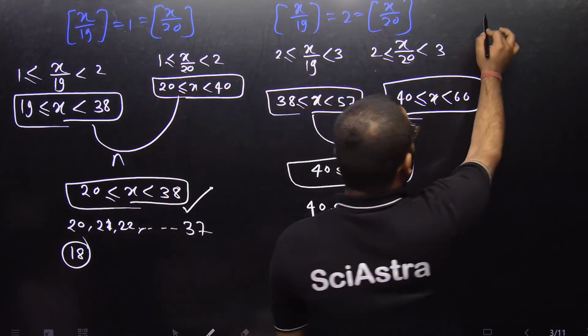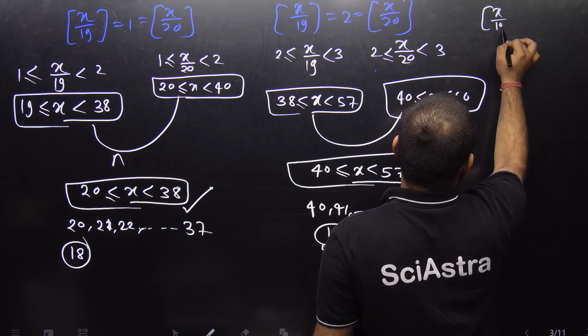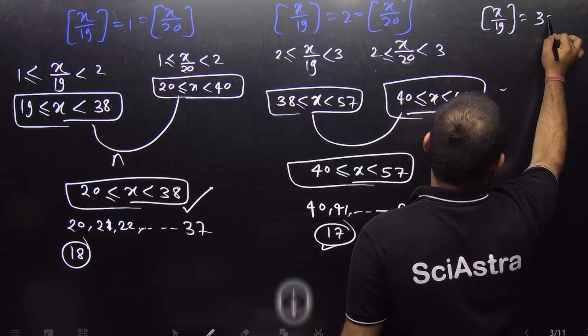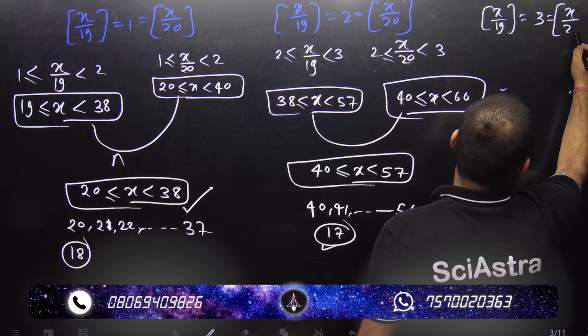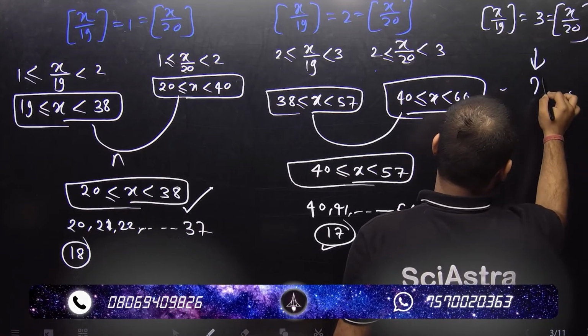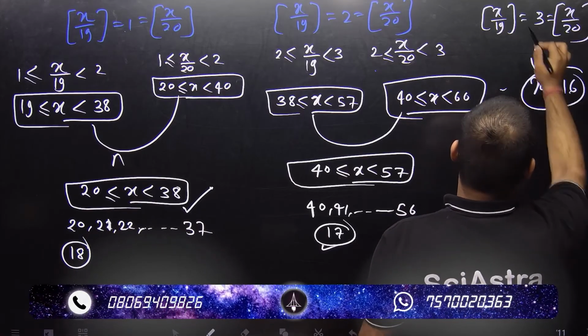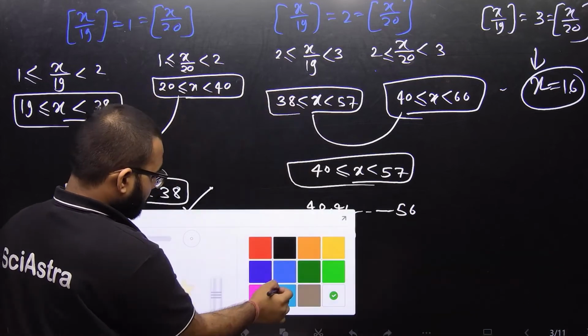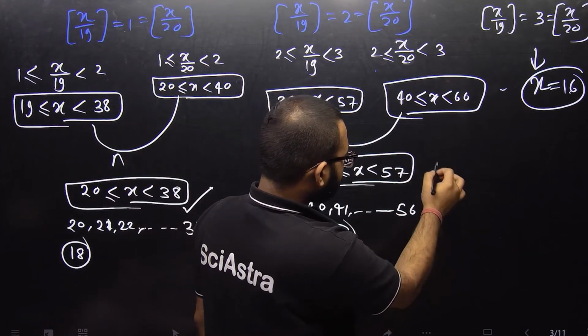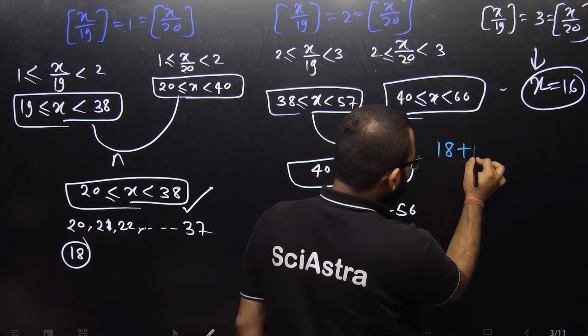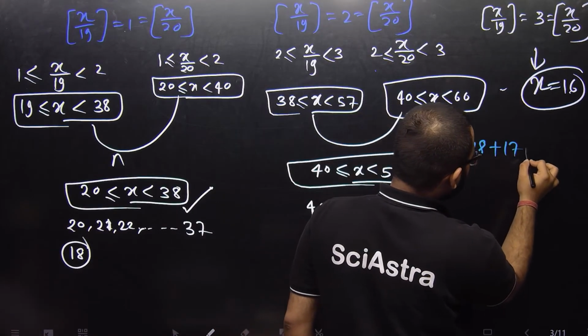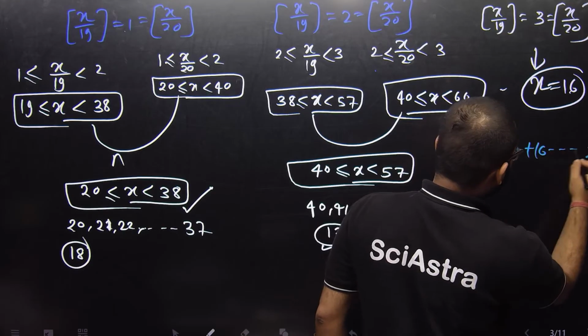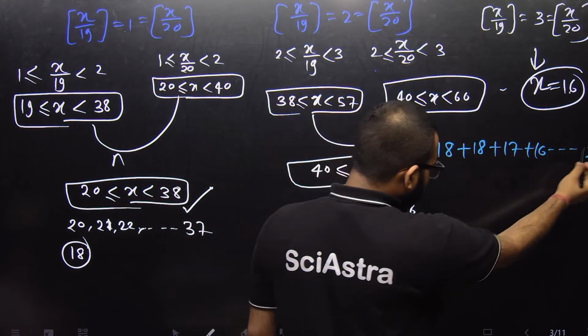If we solve x + y = 19 and x + y = 20 also equal to 3, then we get 16 positive integer solutions that satisfy this equation. Alright. So this number is decreased in every step. So our number of total solutions is 18 plus 18 plus 17 plus 16 and so on up to 1. So that is the sum of the first 18 natural numbers plus 18.